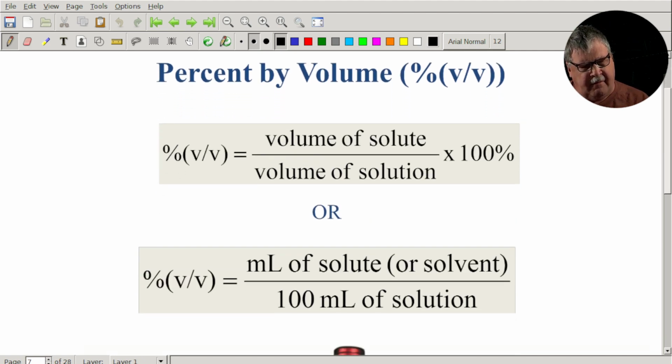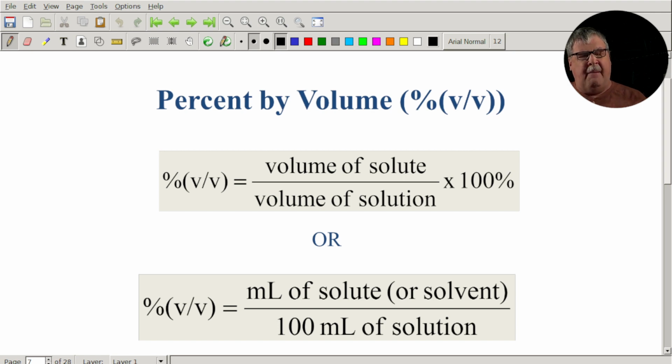Before we go there, there are a few other things we have to talk about. I present this one not so much because it's relevant to this course, but because it's relevant in other parts of our lives. If I'm going to talk about a solution that's percent by volume, the first thing that implies is that both solvent and solute are liquids. In the case of percent by volume, the most practical application of it, as far as we're concerned, is when we talk about alcoholic strength of beverages.